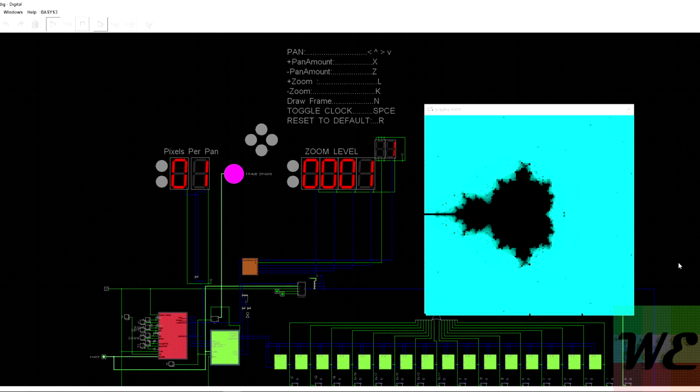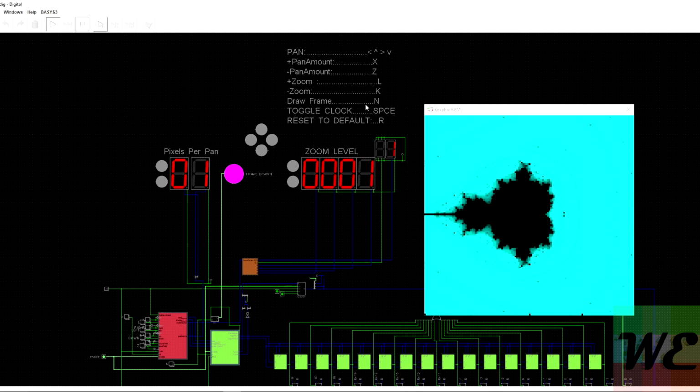I want to show you that by zooming in on the Valley of the Seahorses and showing you how that works. With the simulation, I can show the controls up here. Panning uses the arrow keys on your keyboard. To increment the pan amount is X, to decrement is Z, and you'll see the pan amount, the pixels per pan, increase and decrease here. The zoom is L and K to go up and down respectively, and you'll see the zoom level change. If you start zooming out, you'll see negatives here. If you start zooming in, that'll stay as a 1, and then you'll see the zoom level increase. So it's like 2 to the whatever power. That's how I tell you if you're zooming in or out.